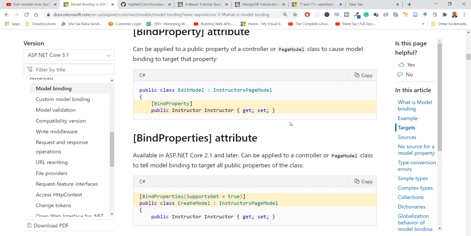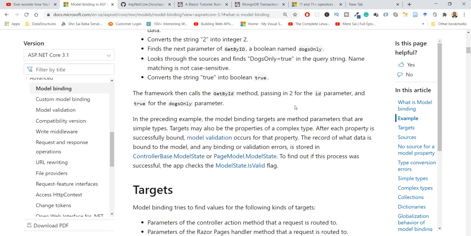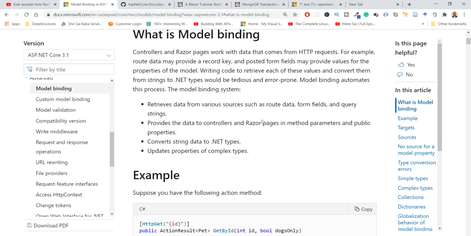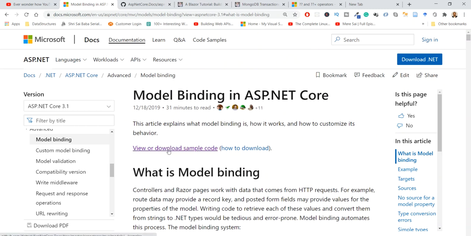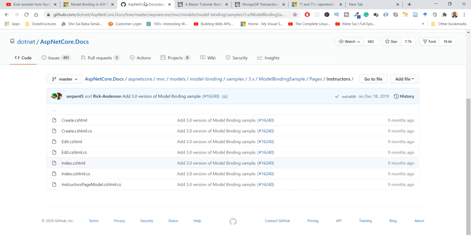This is the model binding example whose documentation I am following. Going back to the code at the top, view or download sample code, I navigated my way to the relevant folder, which is 3.x/ModelBindingSample/Pages/Instructors, and I see quite a few CSHTML Razor files and code behind files for those Razor files.